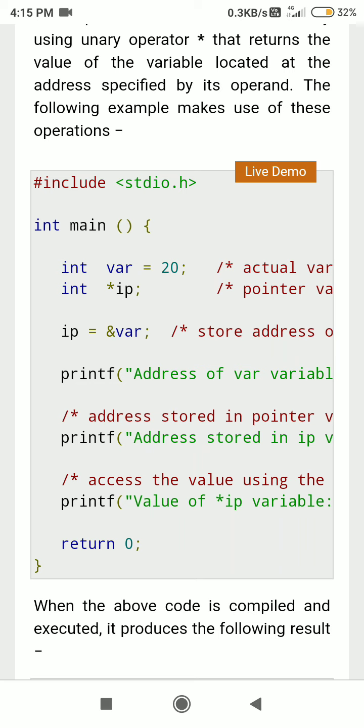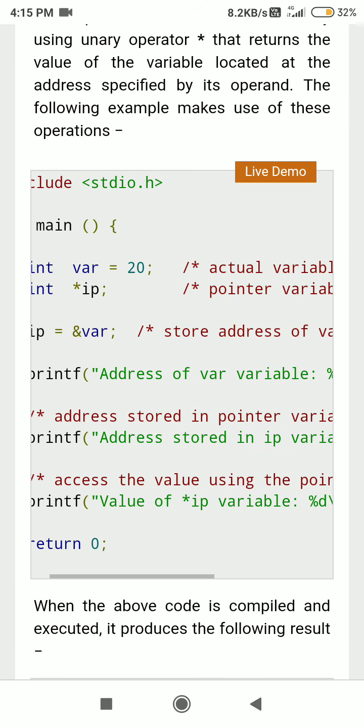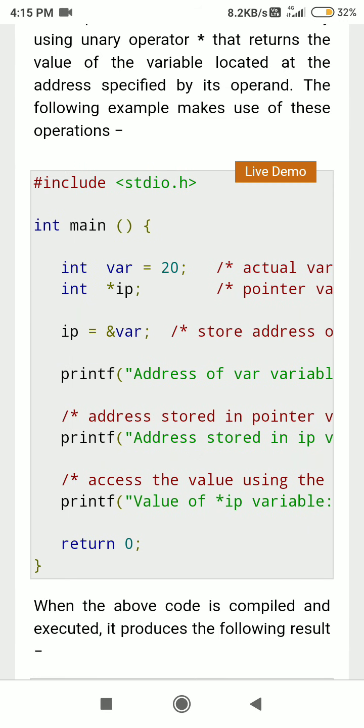So &var is going to provide you the address of var, and it is going to be stored in ip, that is the integer pointer. So you can print the value inside the integer pointer as well, and you can print the value inside your var variable. Let us see the live demo of it.